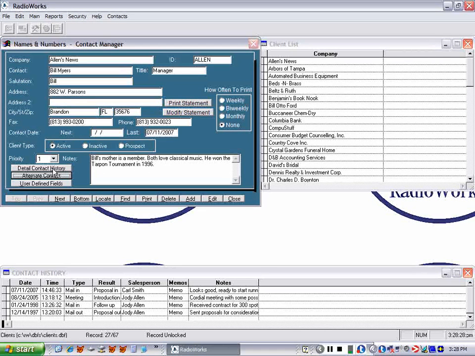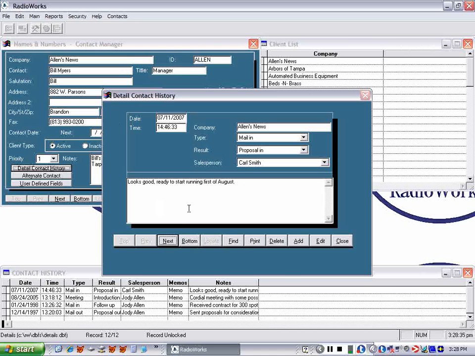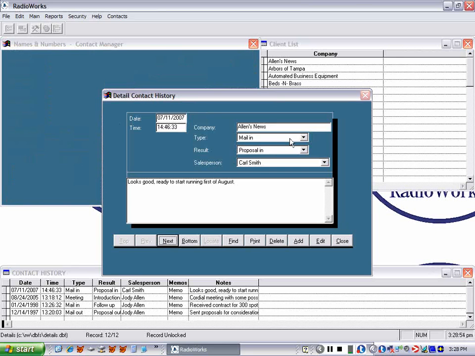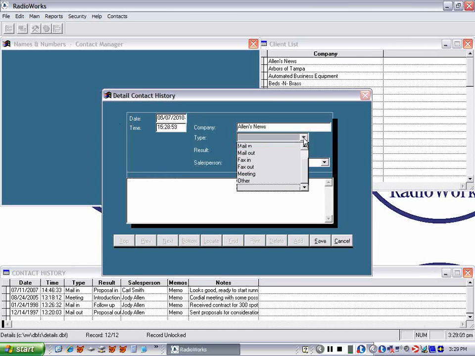So that's where we're going to go right now. You don't need to be in the edit mode, just the way it is, we'll be fine. All right, so this brings up the last contact, which, as you see, is pretty old. But let's say you have a phone call with this client, and there's the company name. And we'll change the type for what it's worth. Oh, here I've got to click Add, and then we'll open it up